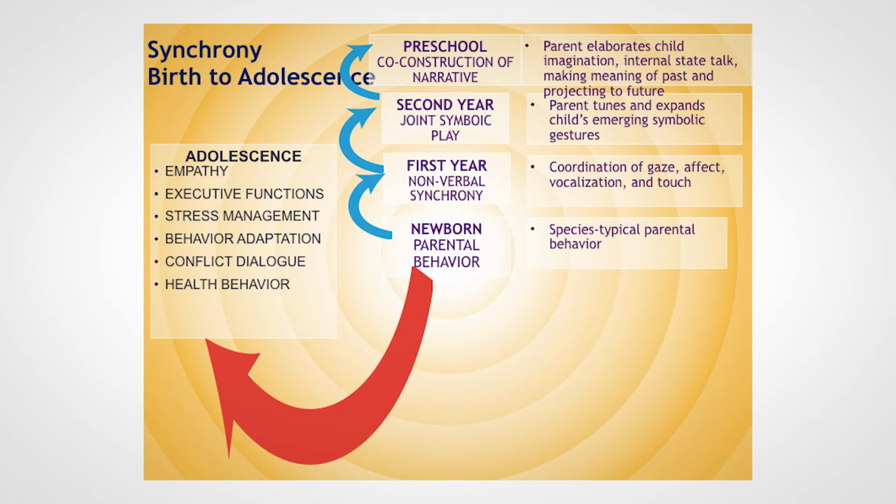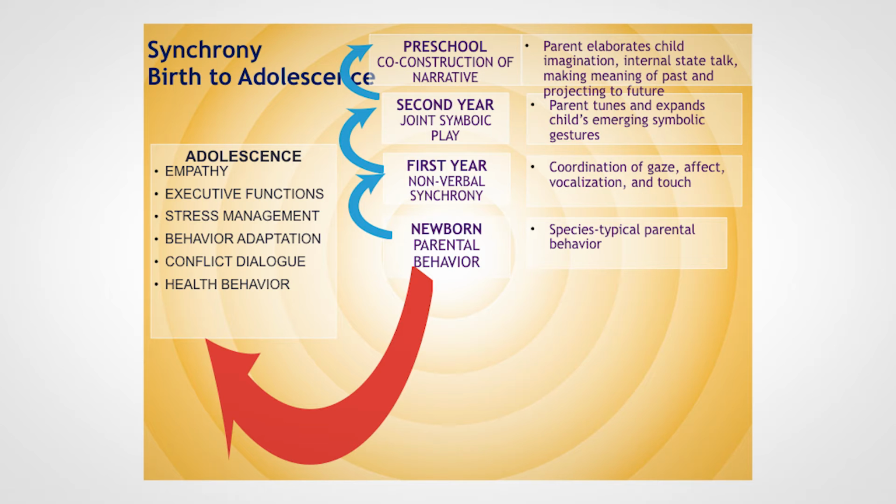In the newborn period, there is the expression of the species-typical parental behavior. In the first year of life, there's the coordination of nonverbal behavior in the gaze, affect, vocal, and touch modalities. In the second year of life, there is joint symbolic play between parents and children. In preschool, there is the co-construction of narrative, joint imagination, joint internal state talk. These developments lead in adolescence to a host of positive outcomes: empathy, executive functions, stress management, the capacity to dialogue